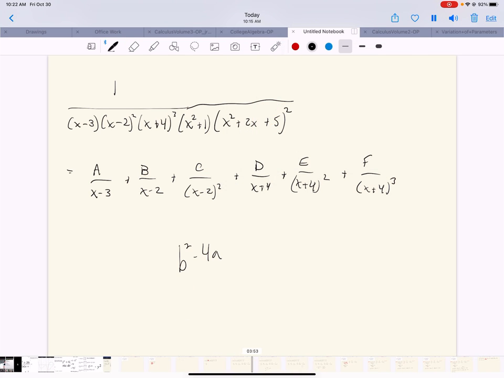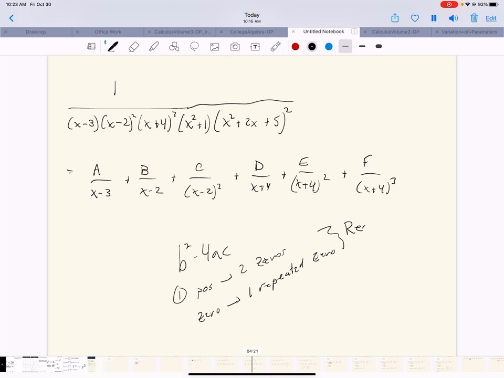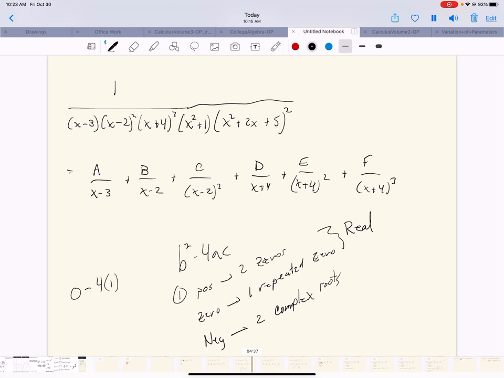Or you can check b squared minus 4ac. That's called the discriminant. And remember, if it's positive, you have 2 zeros. They're distinct. If it's 0, you have 1 repeated 0. Both of those are real. And if it's negative, you have 2 complex roots. So in ours, the b term is 0 because it's x squared plus 0x plus 1. So we have 0 minus 4 times 1 times 1, which is negative 4. So it has complex roots. Okay, so then now,